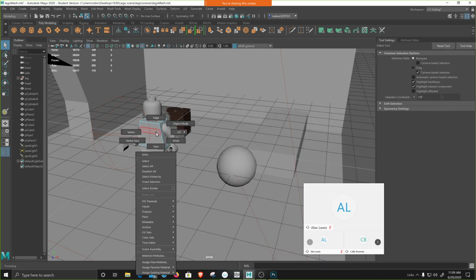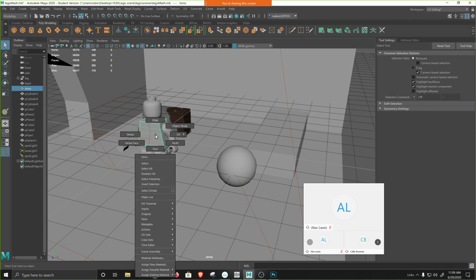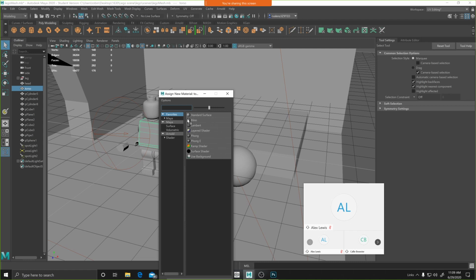Go and select my object and say assign new material, and you would pick it according to what you want. If it's shiny or not shiny, you know, Blinn is shiny, kind of blurry, Lambert's matte, Phong is sharp shininess, and Phong is kind of metal. So I'm just gonna pick a Blinn,